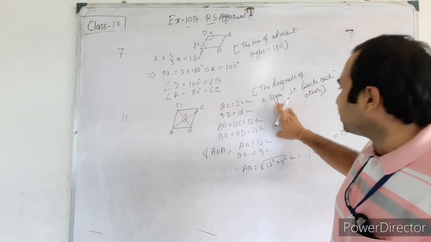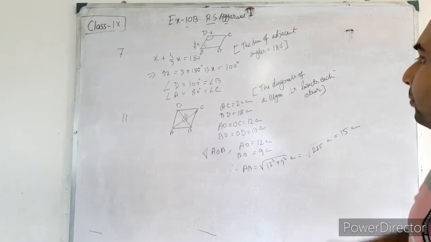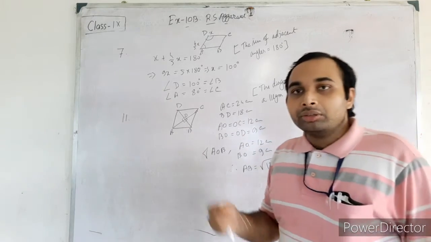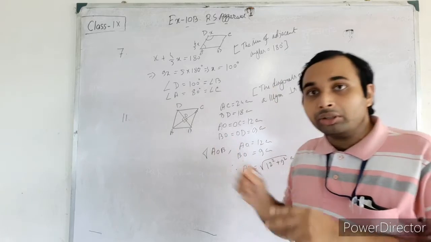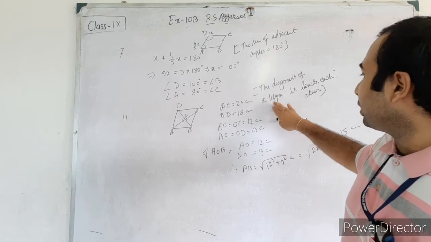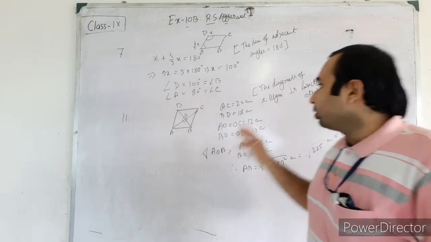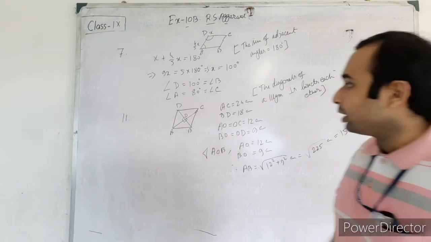And why have I used the parallelogram property here? You know this one, but I am repeating: the rhombus is a special type of parallelogram. I have discussed this, so don't be confused that I am writing the property of the parallelogram and using it for the rhombus. Okay, let us go to another example now.